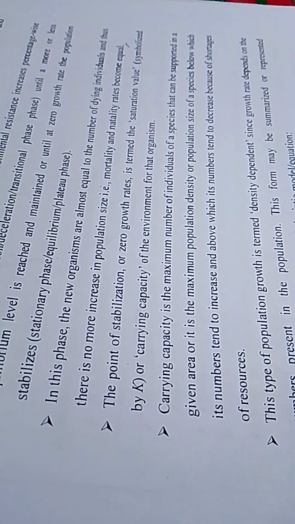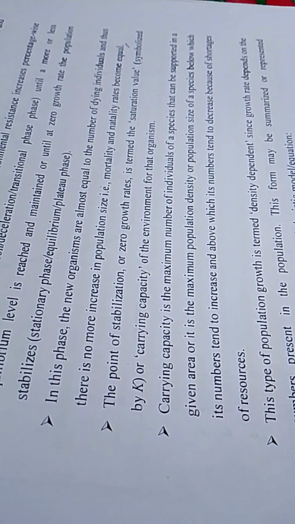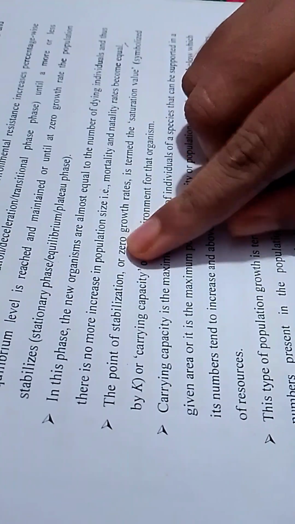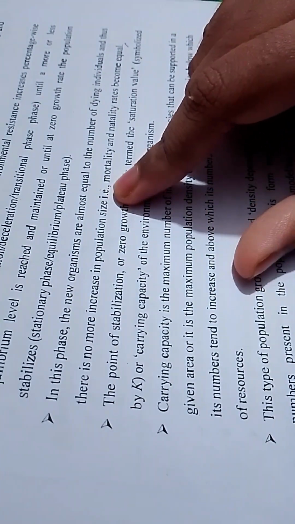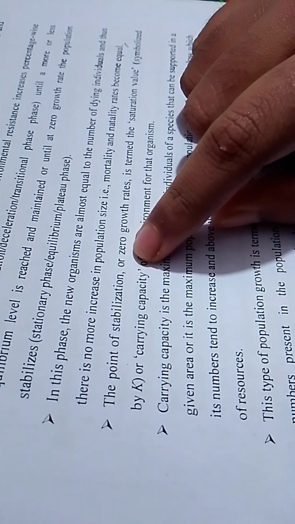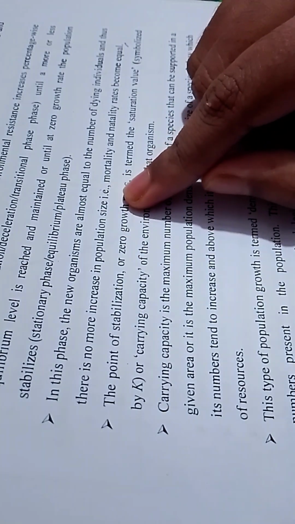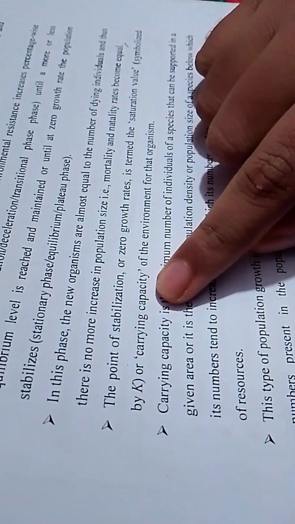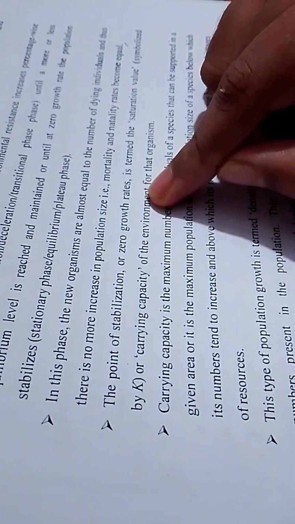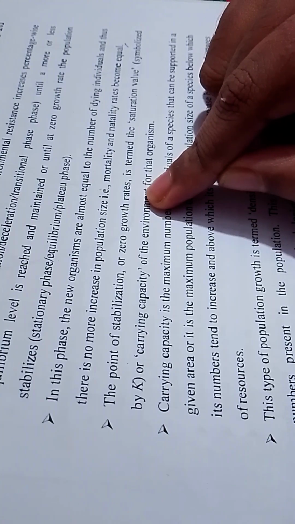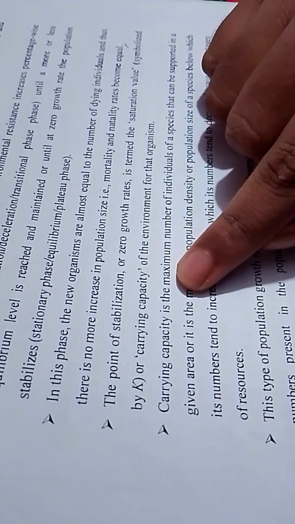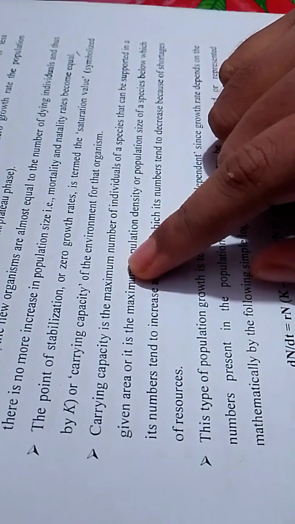Stationary phase, equilibrium phase. In this phase the new organisms are almost equal to the number of dying individuals, and thus there is no more increase in population size. Mortality and natality rates become equal. The point of stabilization or zero growth rate is termed the saturation value, symbolized by K or carrying capacity of the environment for that organism. Carrying capacity is the maximum number of individuals of a species that can